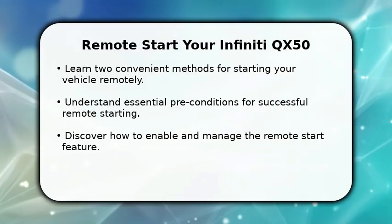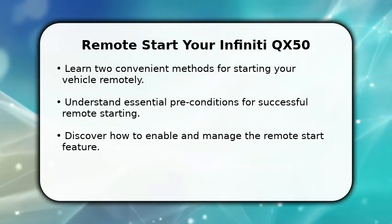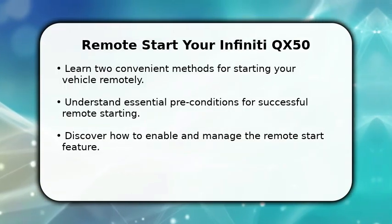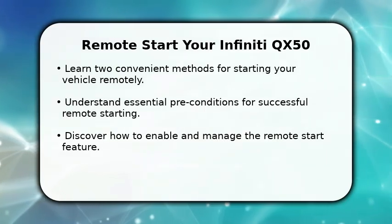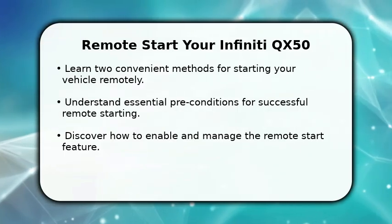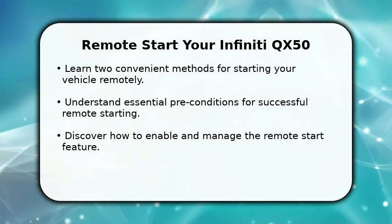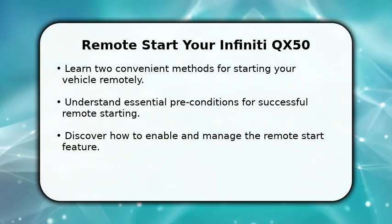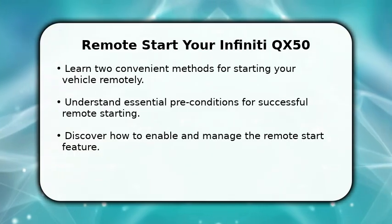In this video, I will explain how to remote start your Infiniti QX50. We will cover both the key fob and My Infiniti app methods, ensuring your vehicle is ready and comfortable before you even step inside. I'll guide you through the necessary steps, including important preconditions and how to extend your engine's runtime. Get ready to enjoy the convenience of a preconditioned cabin, whether it's a hot summer day or a cold